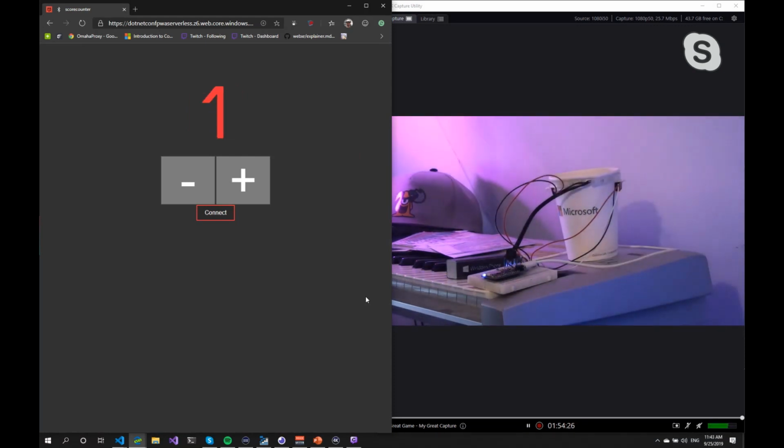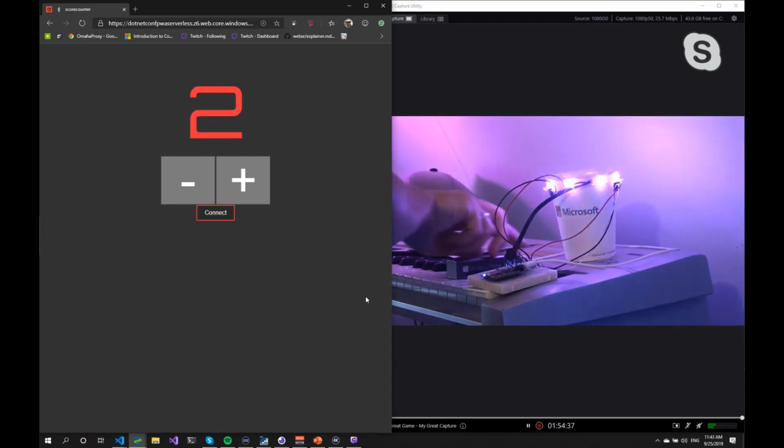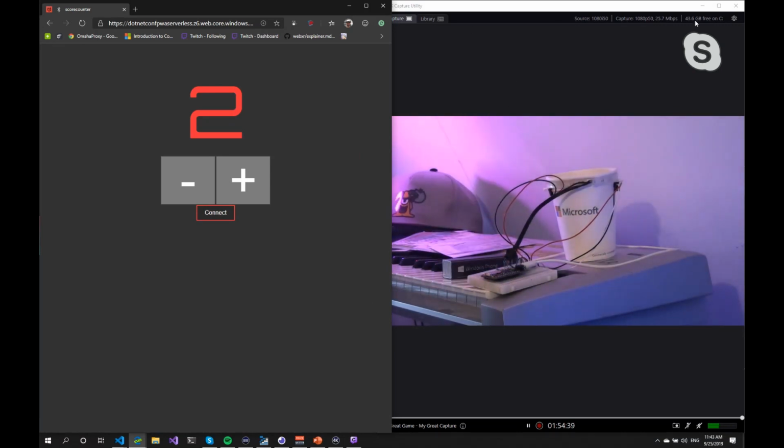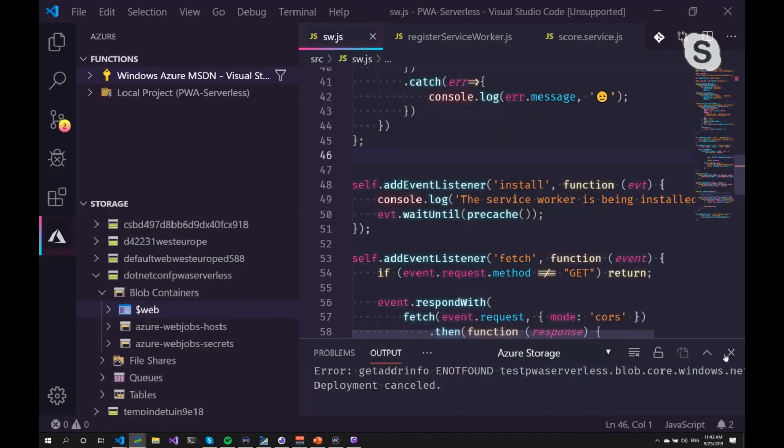Now, as soon as I hit, as the sensors are broken, it sends a notification back to the website and updates the score. Let's turn it up. I'm going to show how this works in a bit.